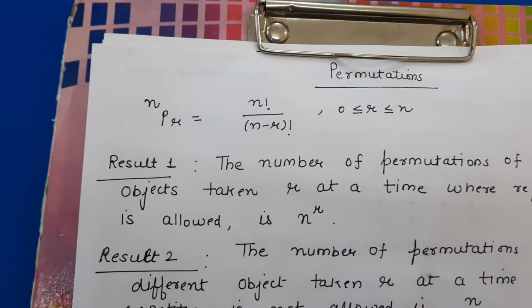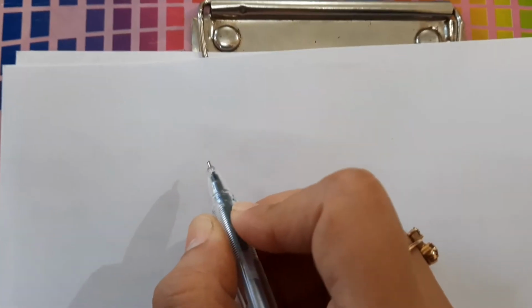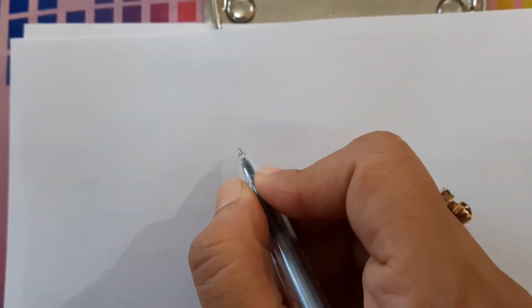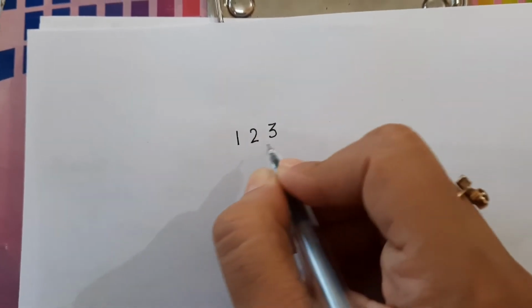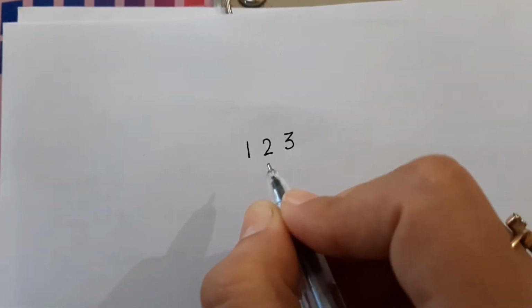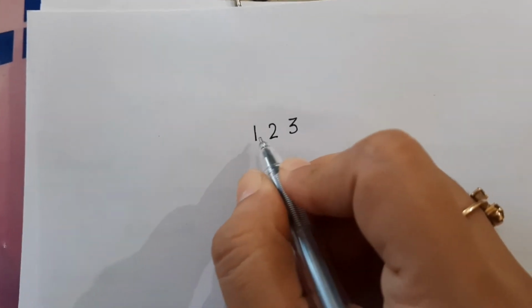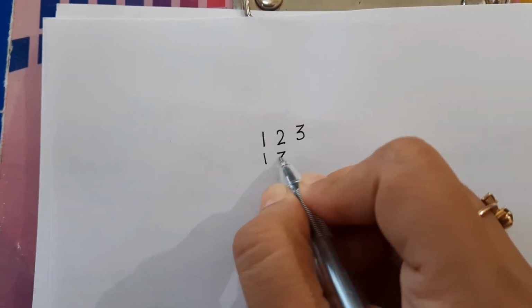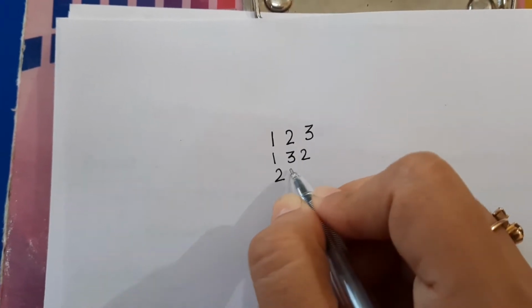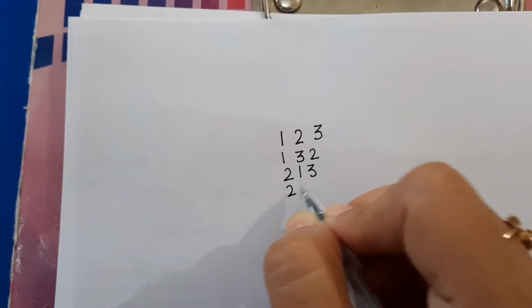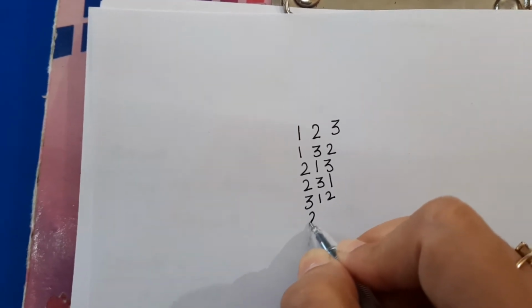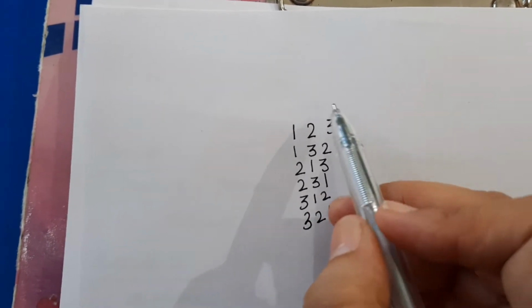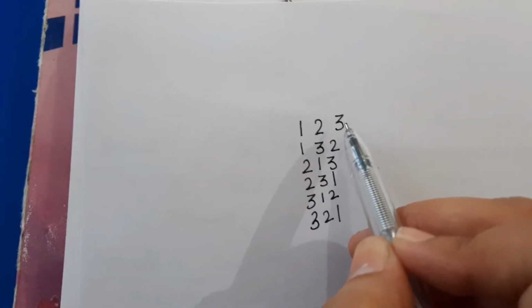Now students, we are going to apply permutation in those questions where order is important, or where we are going to make arrangements. Like if you have 3 digits 1 2 3, you have to write all the numbers which can be formed using these 3 digits. So first is 1 2 3 itself, then next is 1 3 2. Next I have written 2 1 3. You can also write 2 3 1, then 3 1 2, then 3 2 1. As you are changing the position of digits, you are going to have a different number.